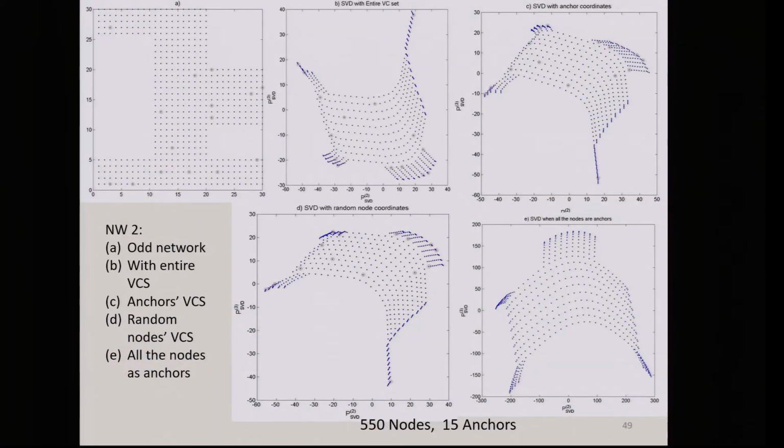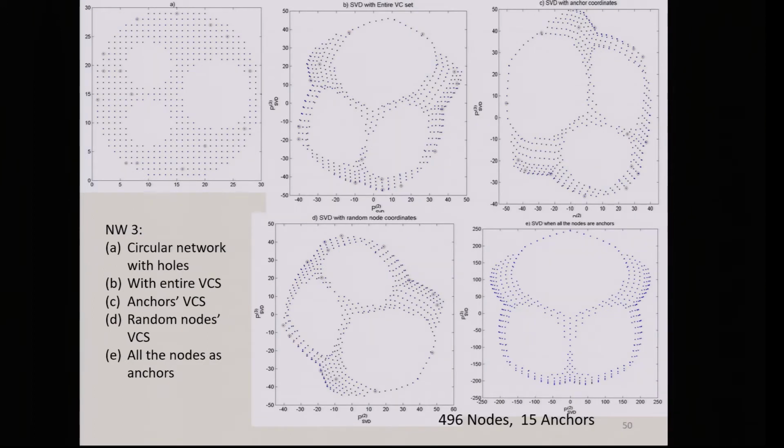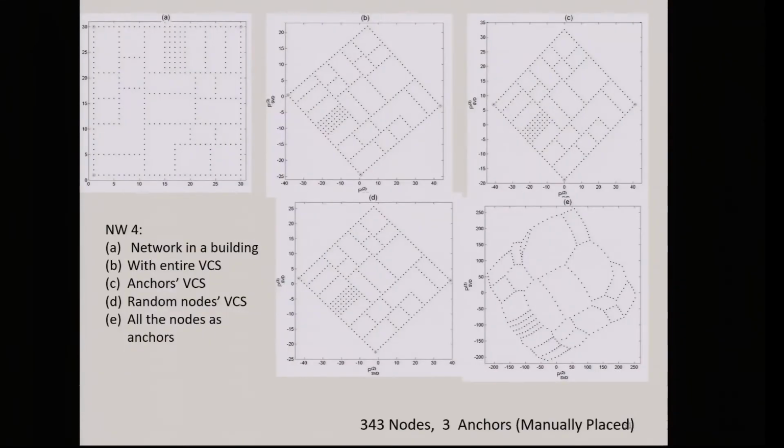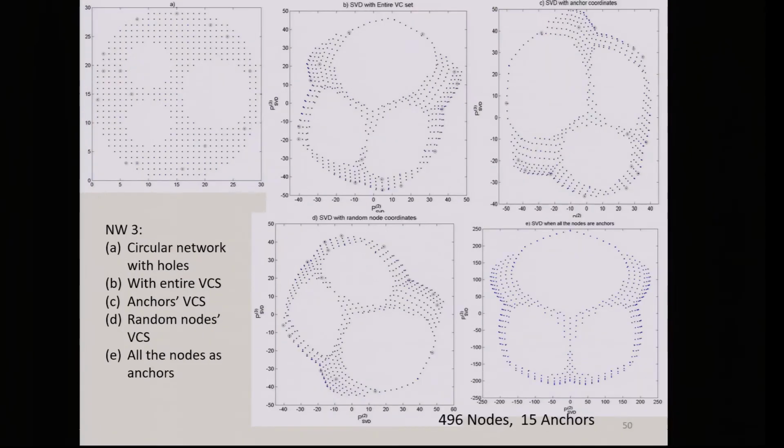Our reviewers always wanted to compare with MDS, multidimensional scaling, which is actually not applicable in this case, because if you have all the information to generate that, you don't need anything else, right? So these are examples of maps that we obtained. You can see the maps are distorted. Right. My argument, at the time and even now, is that that's okay.